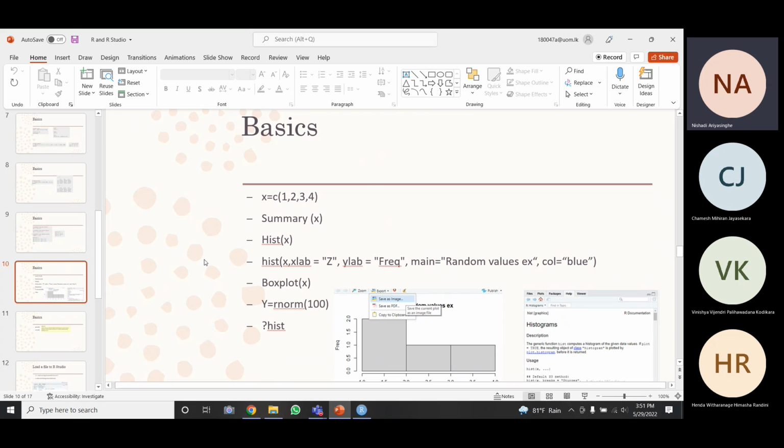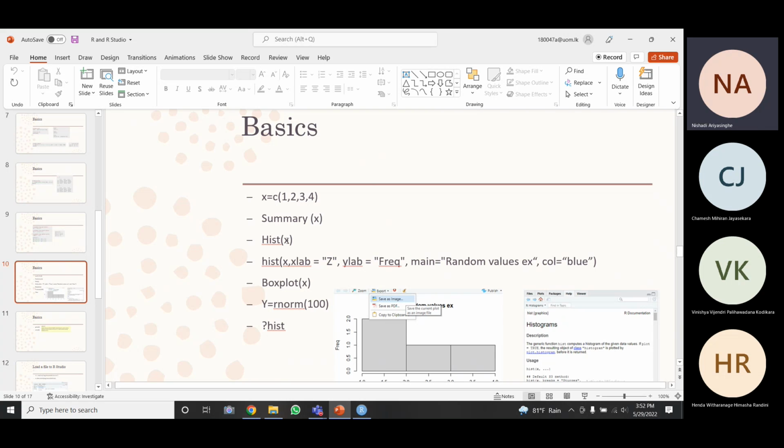So you can go through this handout, and you can learn them. So I'm not going to explain these things today. I'll explain these things in the other week with some activities for you. But until then, you can practice, so you can type these functions and see what happens, right?